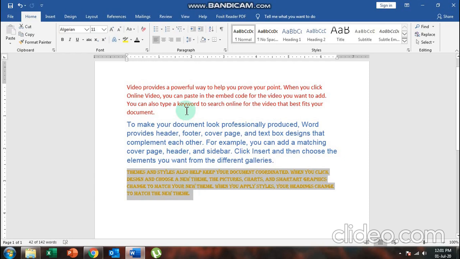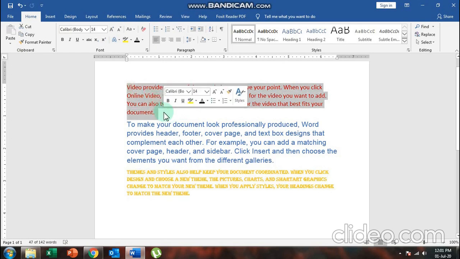Now this is not how you are going to present this document to a specific individual. If your teacher asks for a specific document, this is not how you are going to present it to your teacher. You need to make things uniform with each other. So let us assume that this is the font style which suits best, which we want to apply for the other two paragraphs in this document.